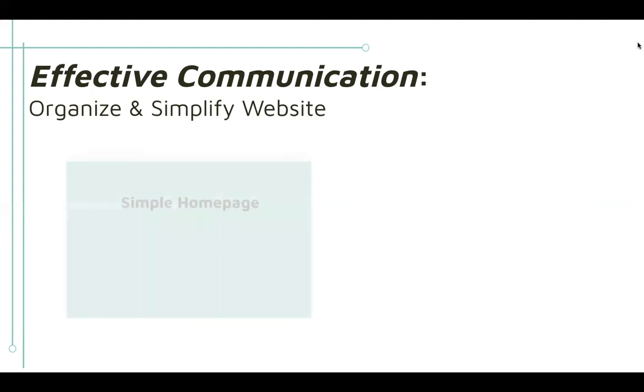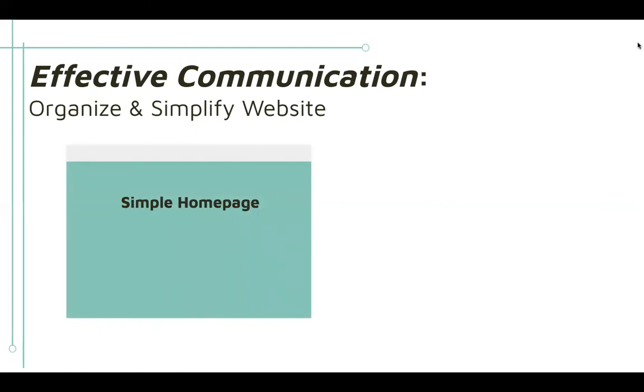When simplifying a website, a great place to start is with the homepage. Creating a simple homepage allows users to see an overview of the group or organization without becoming overwhelmed. One key way to simplify the homepage of a website is to limit the amount of text used. The homepage is a great place to briefly introduce basic information about the group and then link to additional information. Another way that the homepage can be simplified is through the use of white space. This is a great technique because it helps to avoid the cluttered look and allows the user to focus on